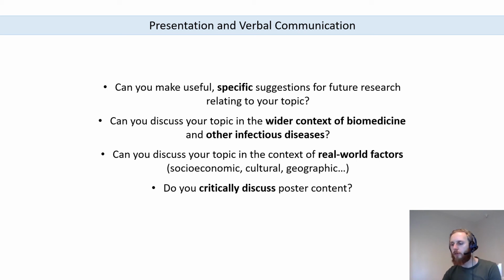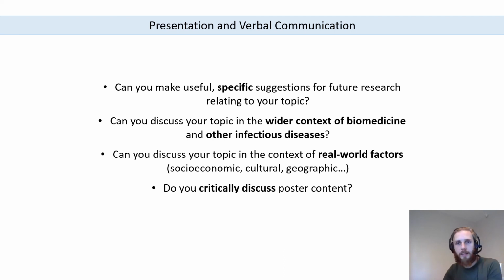So if you're talking about future drug candidates being developed, and these drug candidates have only been tested in cell lines, then it's valuable for you to make the suggestion that they could be tested in animal models. Okay, that's a good suggestion for future work. However, a more valuable, more specific suggestion would be to suggest potential animal models that could be used, to suggest a potential